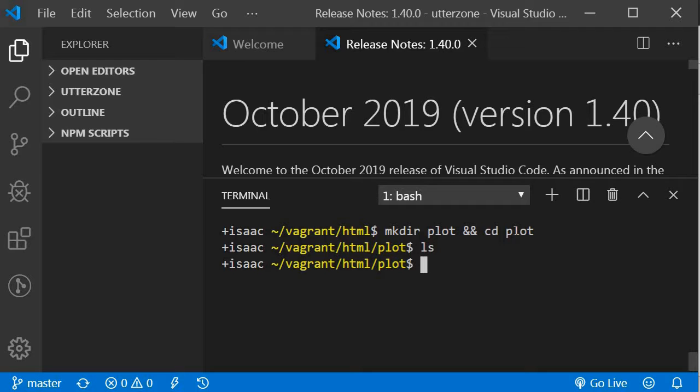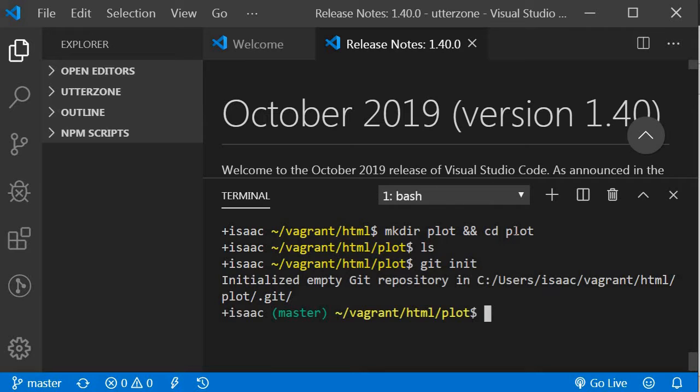Now, to make a Git repository, I'm just going to git init. Alright, so I created a local Git repository,